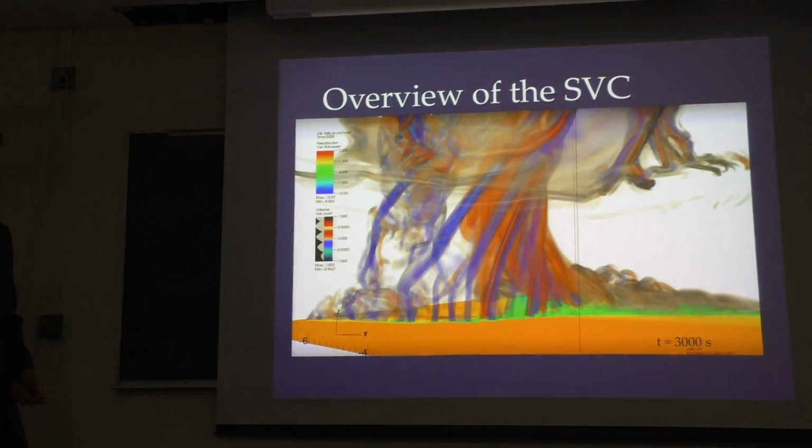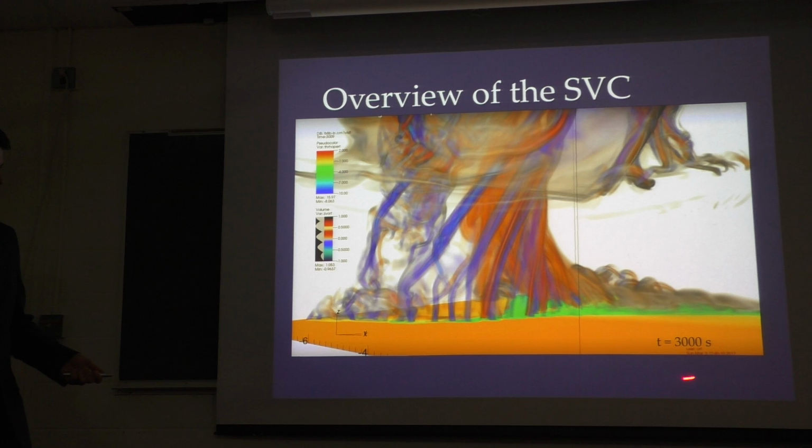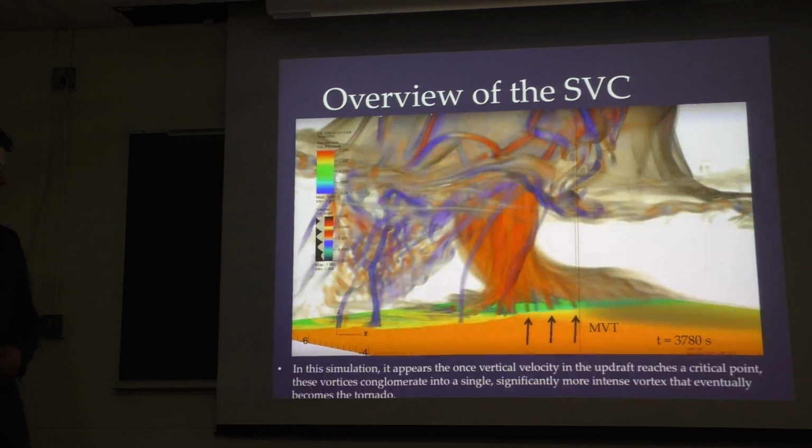If we look at another view of this, this is at 3,000 seconds. Tornadogenesis occurs at about 3,800 seconds. If you notice, all these tubes are fairly spread out here. And if we go forward 500 seconds, you really see things start to wrap up. Like we said, this SVC starts really influencing the storm about this time at 3,000 seconds, and then you start to see that updraft strengthen and lower, and things start getting really tight underneath the storm. And if we go another 200 seconds, here's more of these mesovortices.